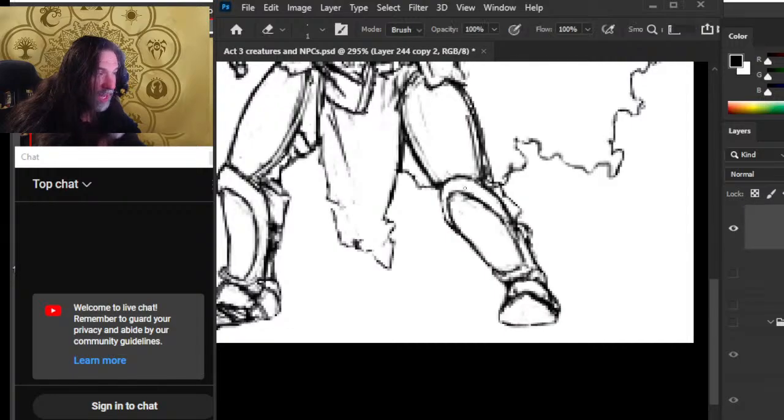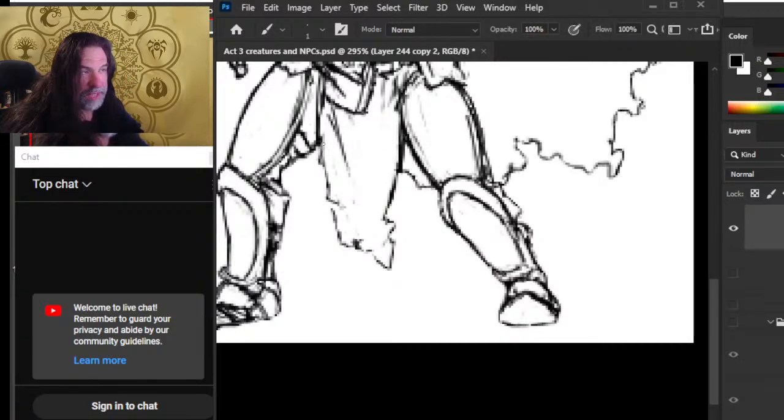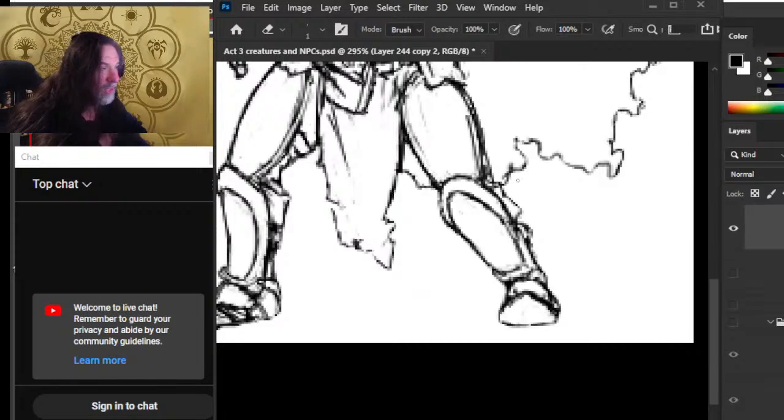Truth be told, I'm always a little intimidated when I begin detailing on a color piece. So this moment I'm taking to step back into the black and white is actually a confidence builder. Although it is true that I want to do some line art cleanup here, I think it's evident that it's necessary. But what it is emotionally for me is an opportunity to take a breath without stopping work, because what you want to do is keep working.